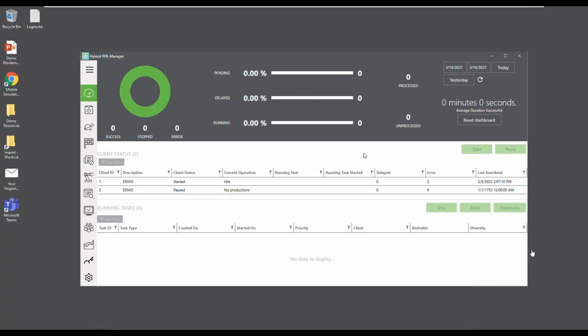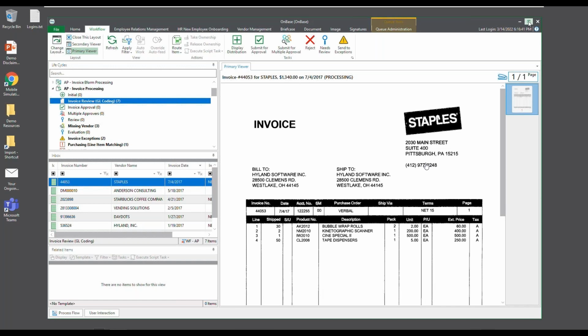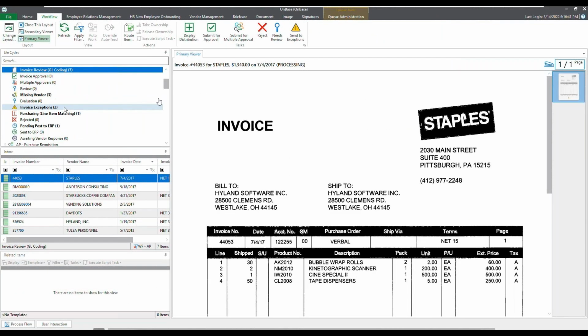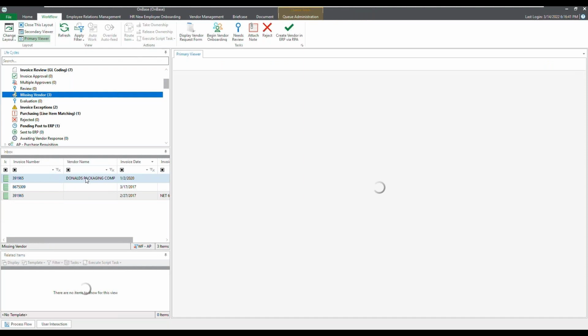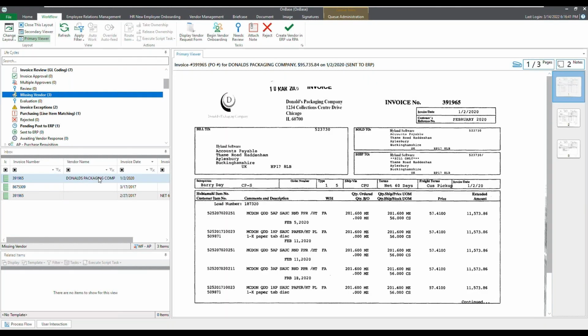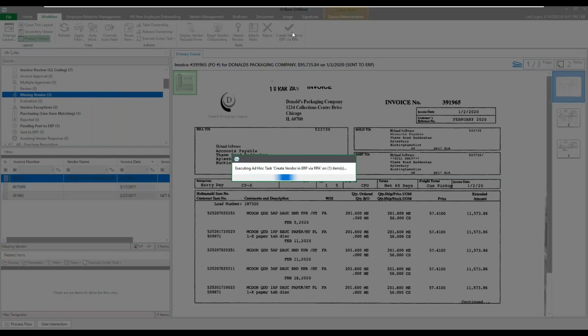So this is an example of my OnBase system, and here's my OnBase AP workflow. I'm going to move to my missing vendor queue, and this is all happening in a video I'm running, by the way, so you'll be able to see the bots in action. Here I'm going to select an invoice that's in my missing vendor queue for Donald's Packaging Company. And I actually created an ad hoc action to allow RPA to create this vendor for me